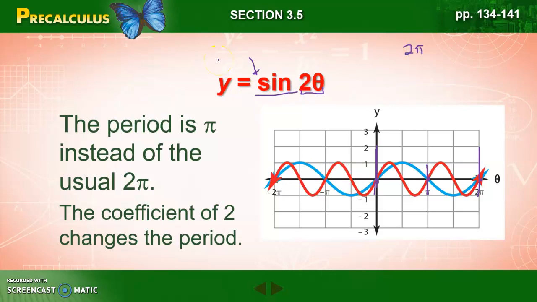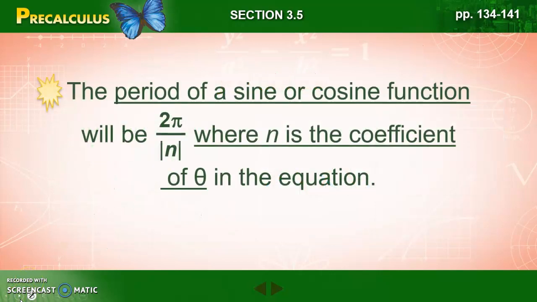That's a given. We know that for a fact. Tangent is pi, but sine and cosine are 2 pi. And our n, that coefficient there in front of the theta, is 2, so we're going to divide that by the absolute value of 2. And when we do that, we find out that our new period, as represented by this function, is now just pi, which is what we see represented by this red function. So a formal definition is 2 pi divided by the absolute value of n, where n is the coefficient of